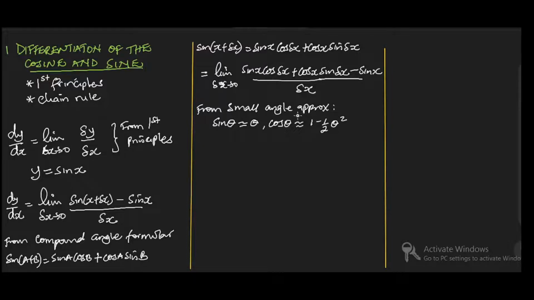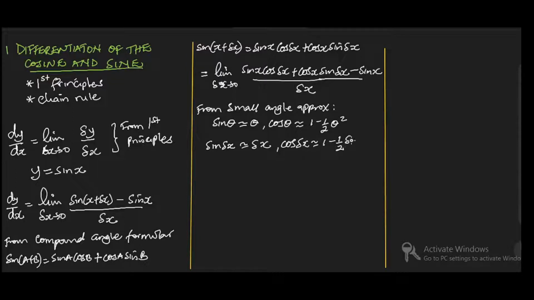So what do we have here? We do the same thing, but now we have x. We have small changes, which is the small change in x. So sine(small change in x) will tend towards the small change in x. And for cos(small change in x), this will tend towards 1 minus a half